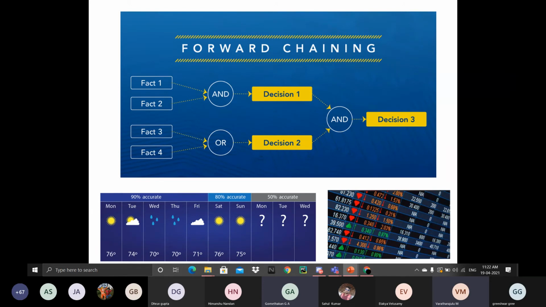So basically, a chain reaction takes place. With this, an expert system can answer what can happen next. So a strategy is followed for working towards a conclusion, results, and effects. For example, the prediction of how the share market will react to a change in interest rate, and also weather forecasting. Next slide.